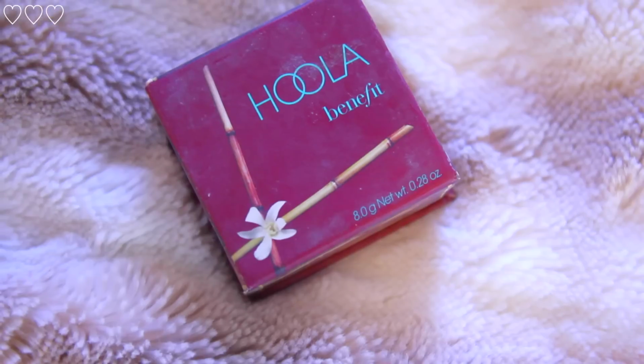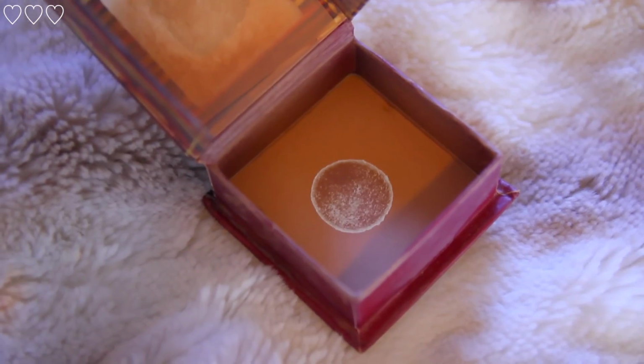So I'm using the Hoola Benefit Bronzer. This is pretty much the only bronzer that I use. I've been using this for years. So I'm going to lightly contour, just adding some color to my face. Keep blending down. So then I go on the side of my nose to have a little piggy nose,